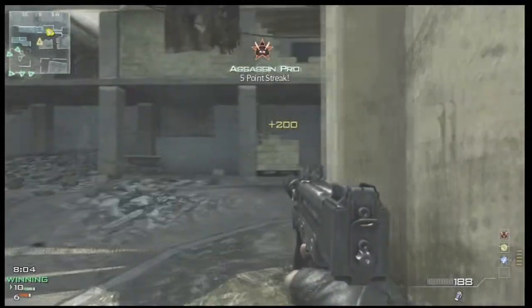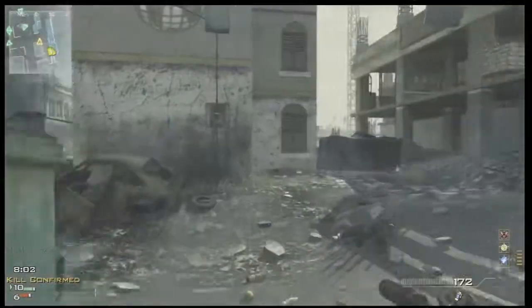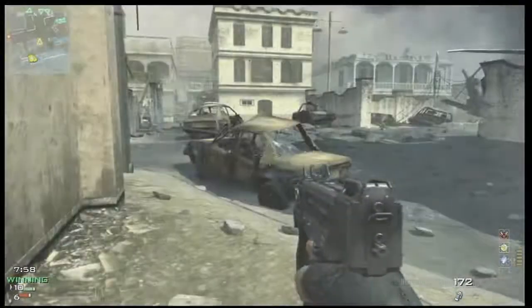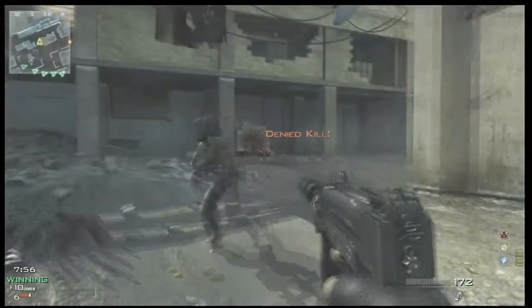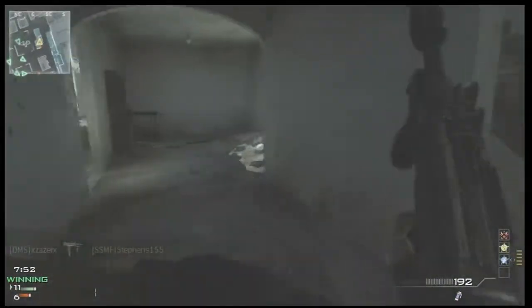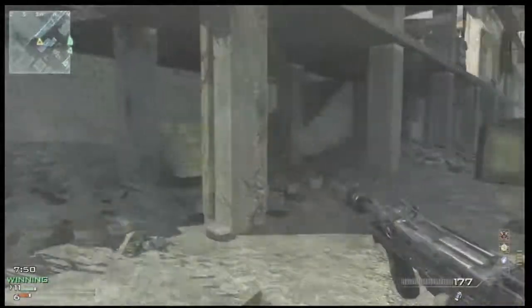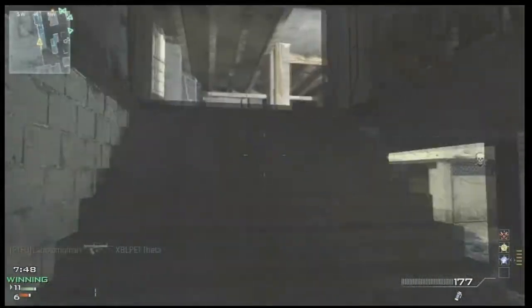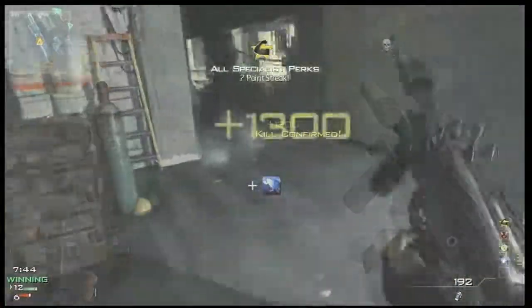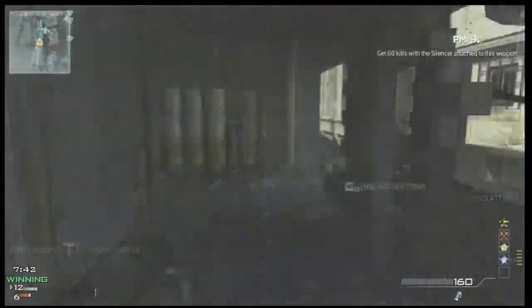Maybe having either extended mags or rapid fire. I think extended mags would be better because with rapid fire you just run out of bullets too quick, and extended mags would have the opposite effect. So I think that would be easiest. But in this game I didn't have attachments unlocked yet, so I was just using the single attachment of the